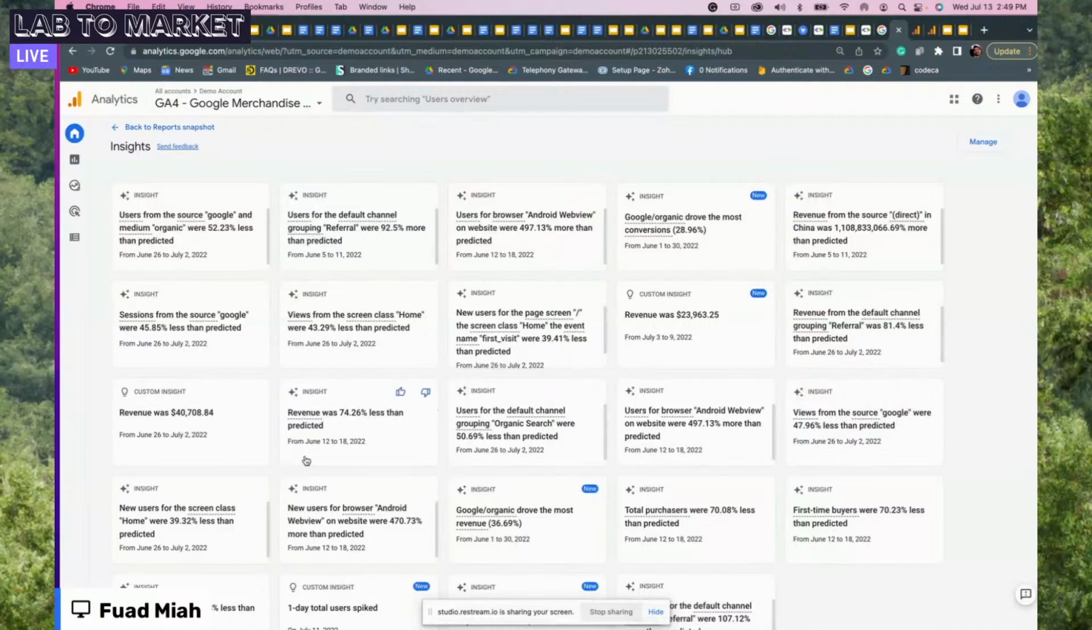Correct. And then this other one, from July 12th to 18th, revenue was 74% less than predicted overall. Oh wow, what happened there? So if I click on this, I'll be going to further, more drillable details. It'll drill down onto what the potential causes of that are. And is that AI driven as well? This is definitely